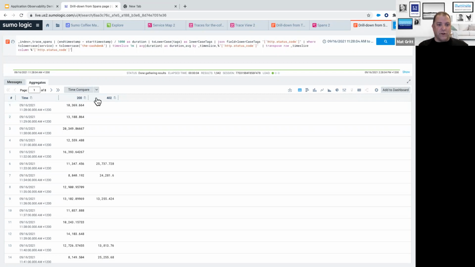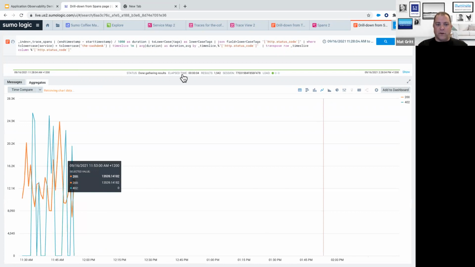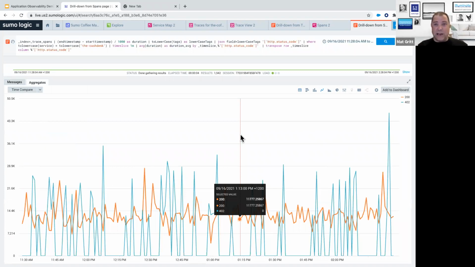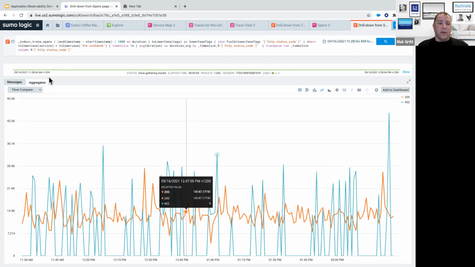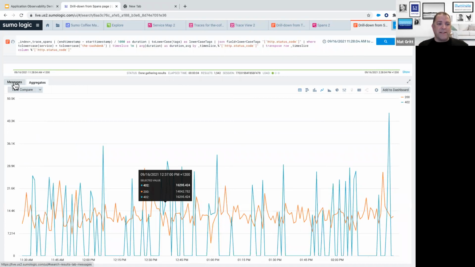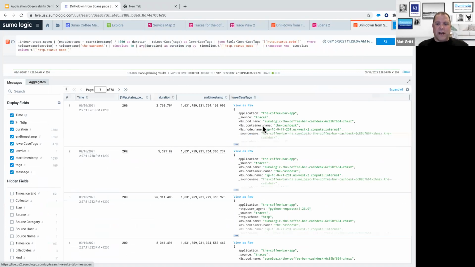You can see that these are 200s and 400s. So you can see that kind of graphing again, and all of the log type graphing and charting that we have is available. You can actually go back into the messages themselves, and you can see what the raw logs and information is. Exactly the way you've been able to use logs, you can now use for your traces and spans, which is going to be, when you set that up with alerts and things, where it starts getting really,